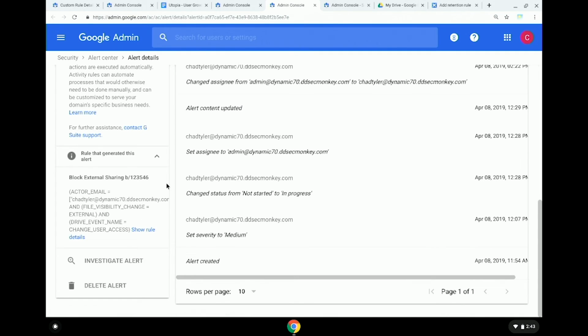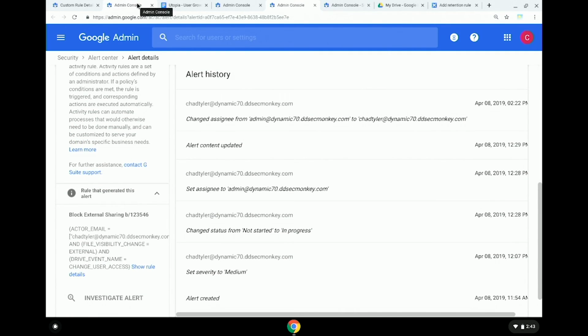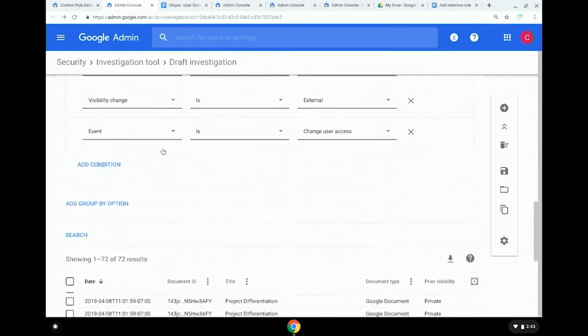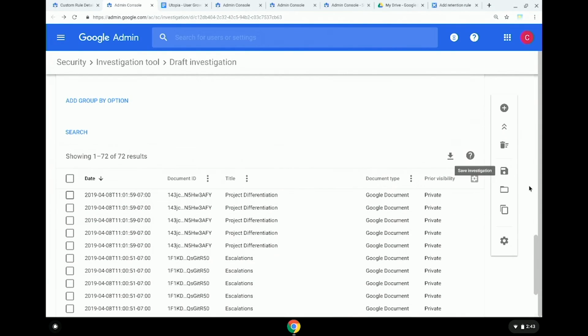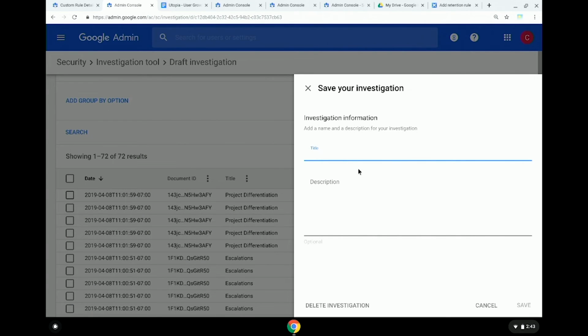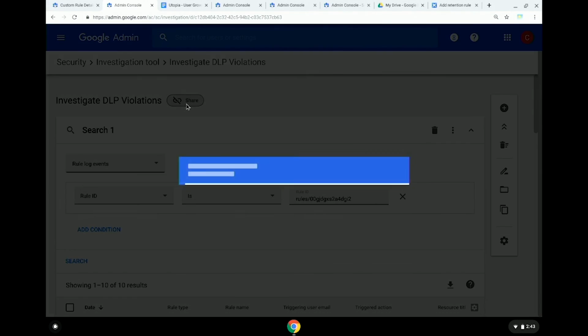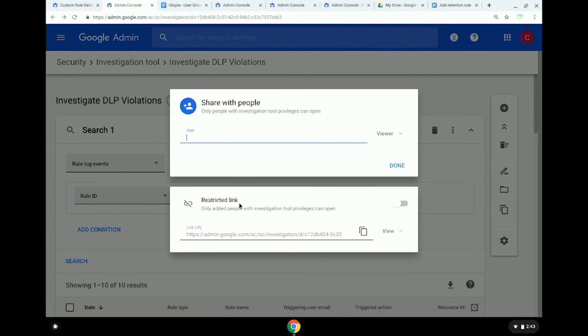And so from this investigation we were working on earlier, we'll come back to the same one. We've done all this work. What we can do now is we can actually save this, and we'll call it DLP violations, or whatever we want to, and we can save that. And so this is available to us forever now. It's something we can refer back to. But it also allows us to share this with other admins so that they can see what we've been working on. They can have all the context of the actions we took and make sure that they know exactly what